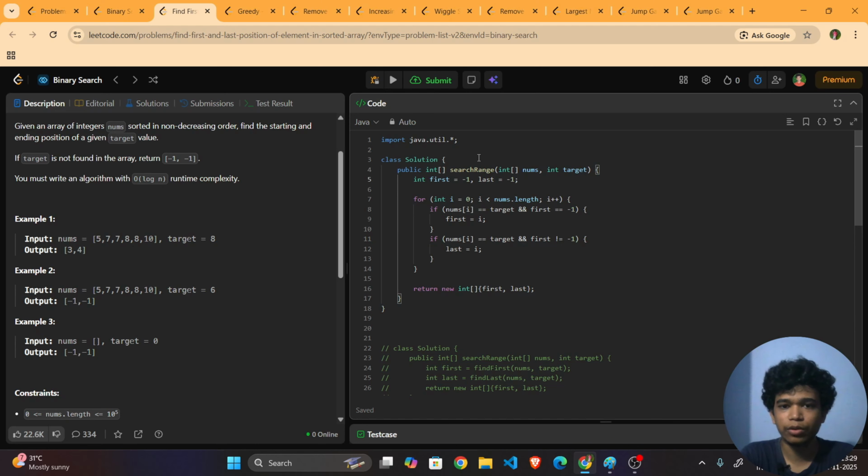So see here, this is the code implementation. I have done the Java code. If you want C++ or Python code, go and search in the description. Okay, so see here, first of all, I am taking first and last as -1. Now I will be traversing all the values in the array, and if any value is equal to the target and first is equal to -1, then what should I do? I will be updating my first. Okay, else